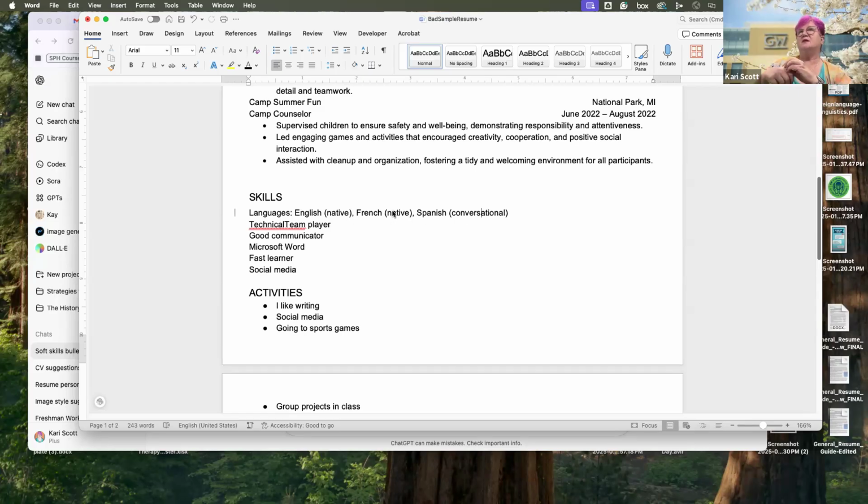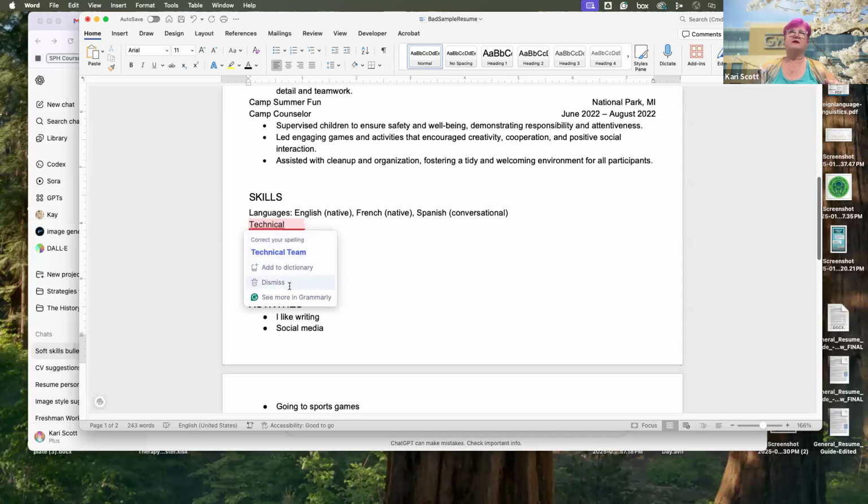Now, French, you're native in a language if you learned it before you were 5 or 6, because that's how your brain handles languages. It basically closes those pathways around age 5 or 6. So if you learn it before you're that age, you're basically native in a language. Okay, so technical skills